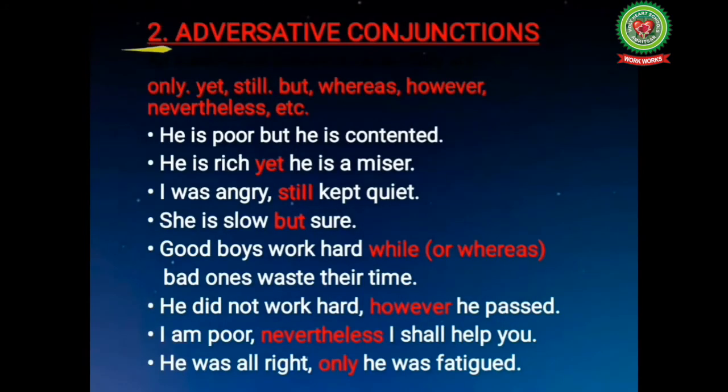Next we have adversative conjunctions. An adversative conjunction joins two contrasting statements or facts. They are only, yet, still, whereas, however, nevertheless, etc. Look at the examples. He is poor, but he is contented. Both the clauses show opposite ideas. So, the adversative conjunction but has been used to join these